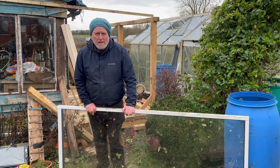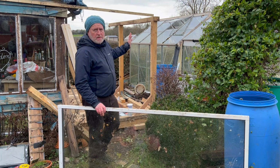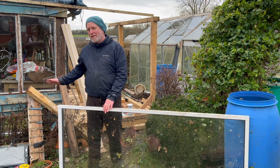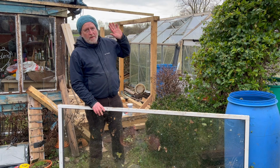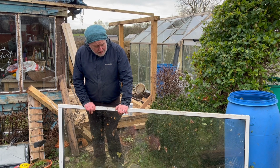It's going to go right in the middle of the front of the shed as we look at it here. So the side of the shed. It's going to give us a nice big panoramic view. Side of the shed. You're calling it the side of the shed. I am. This is the front, isn't it? Yeah. To me, this is the side. Yeah. And that's the front as I see it. Yeah. But it's going to give us a lovely panoramic view of the allotment. Well, it'll give us a panoramic view of the water butts, but yeah,